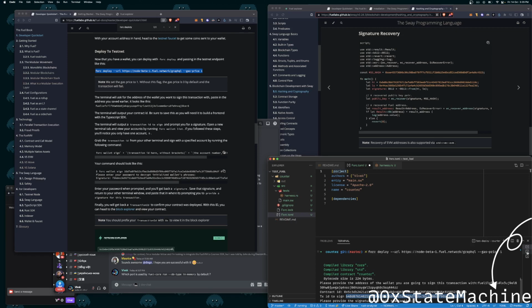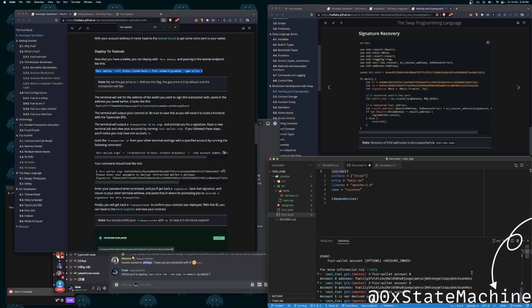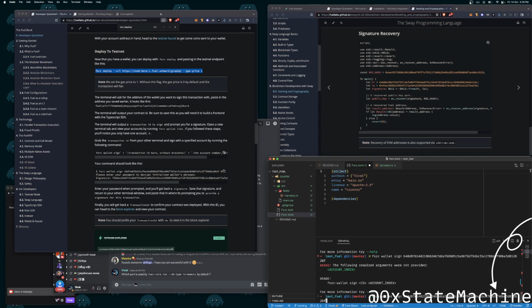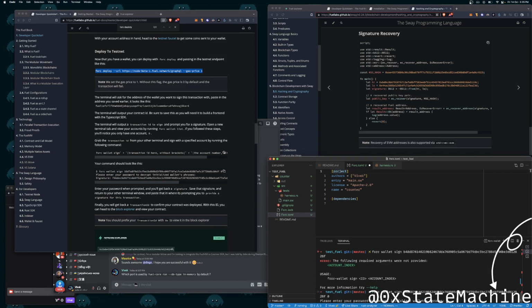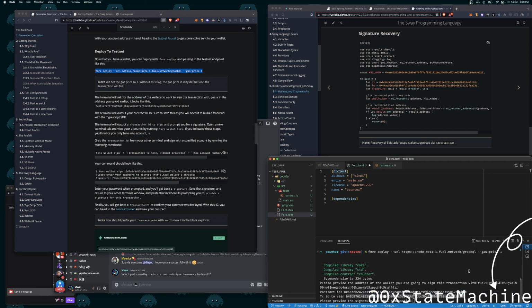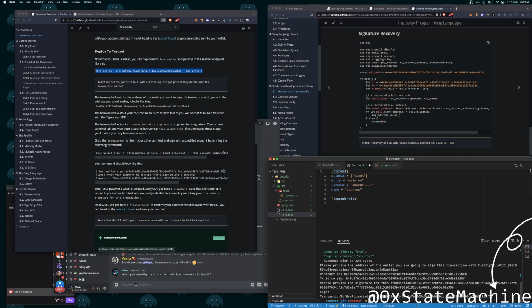So do you want me to do this? 4C wallet sign, and 0 as the index. Please give the password and then you get the signature. And then you paste in the signature. Then you have a transaction ID.